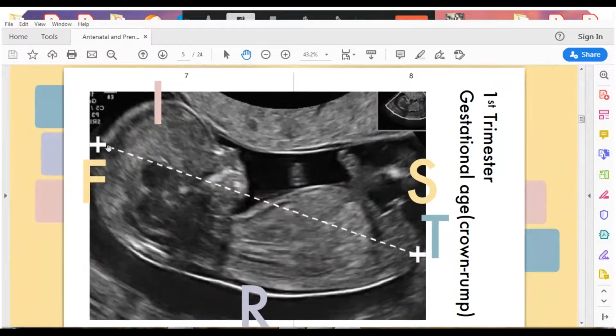They do it by checking the distance from the crown to the rump of the fetus. So there's this rule that says you can do it with the last menstrual period, or you can do it through the ultrasound. If you get a mom that says her last menstrual period is 2 weeks and 4 days, and the ultrasound says 2 weeks and 7 days, you can follow the last menstrual period, because there's a rule that says